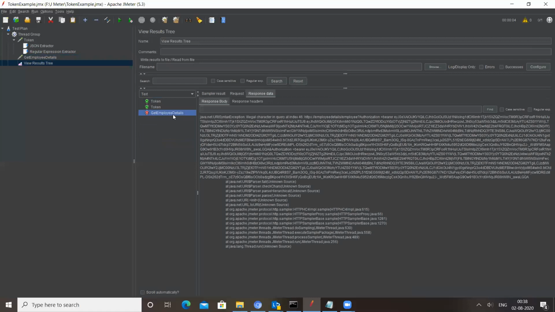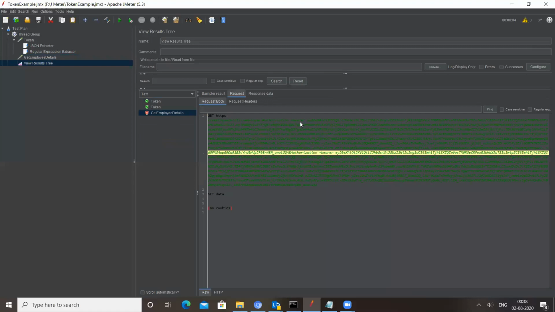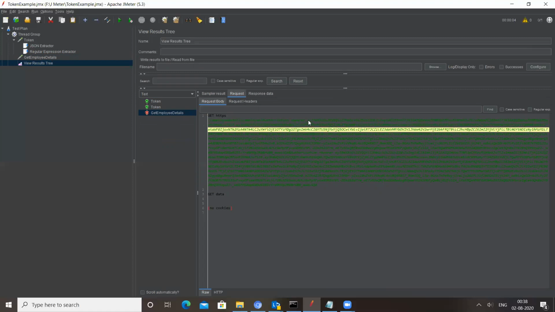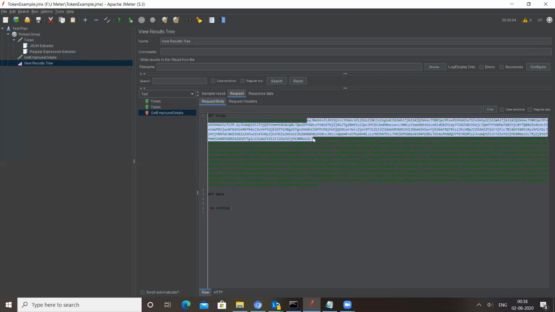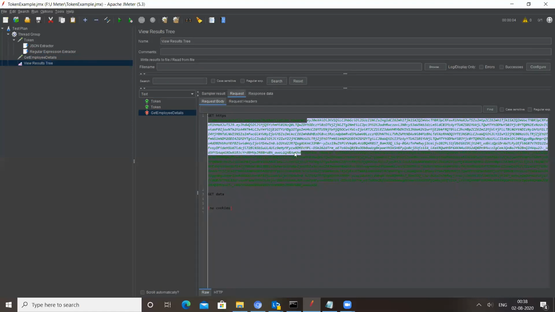Okay, so this failed. Definitely it will fail because the endpoint was not valid. I had used a dummy endpoint for verification purposes. So now let's come to its request. Here you can see the authorization and bearer, this I have appended, and then a space, and this value was assigned in the very first variable, that is bearer, up to here.